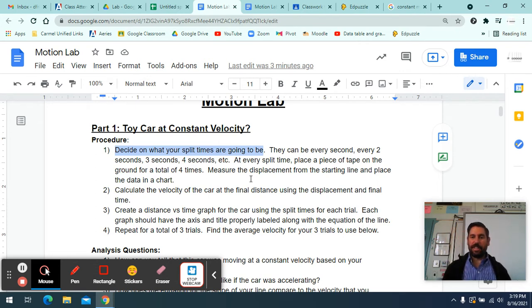And then you're going to measure the distance. You're going to measure the distance from the start to the first mark, the start to the second piece of tape, the start to the third, the start to the fourth, and you're going to get a nice little chart, some data. Then you're going to use our equations